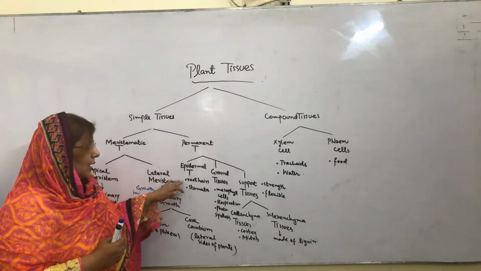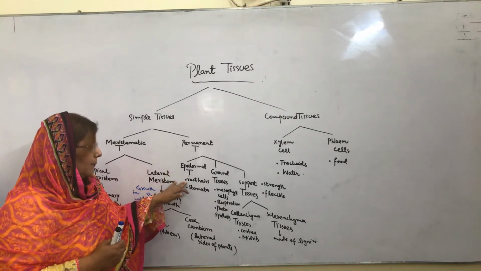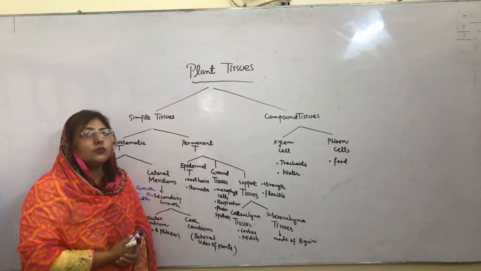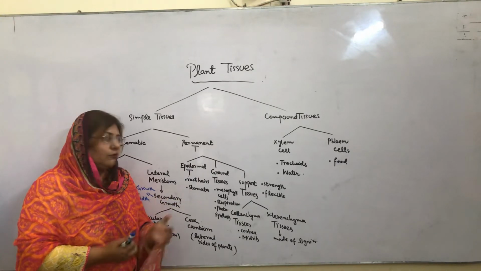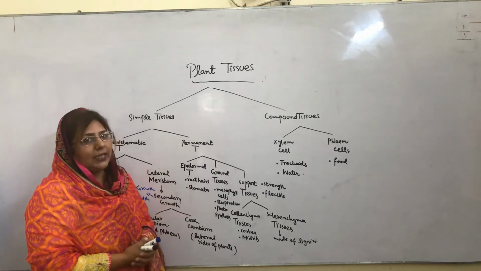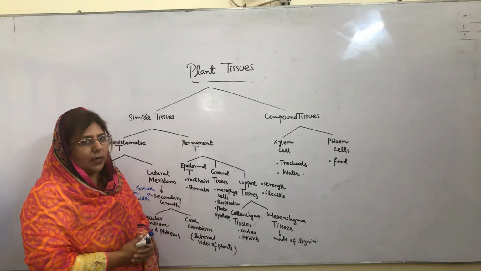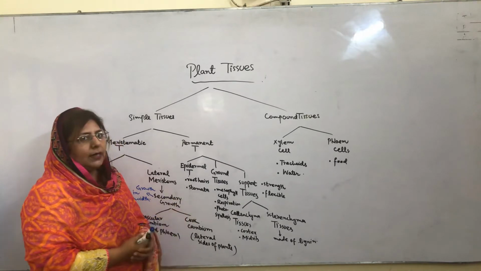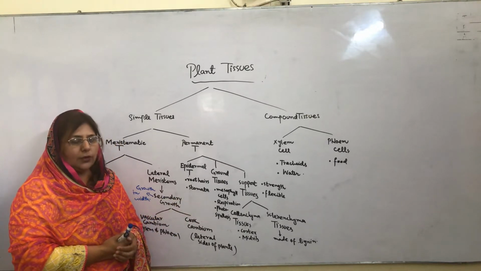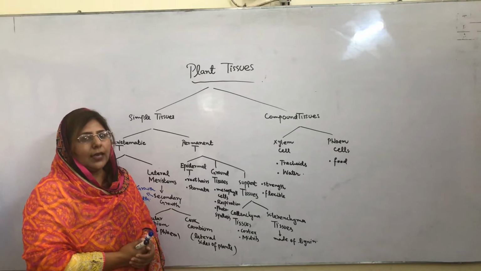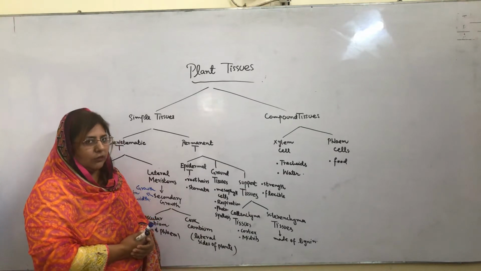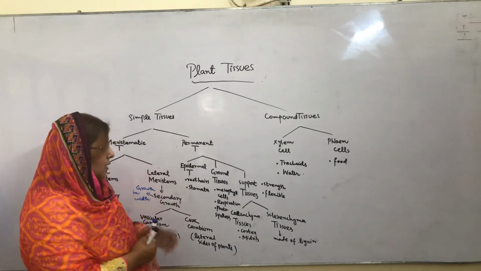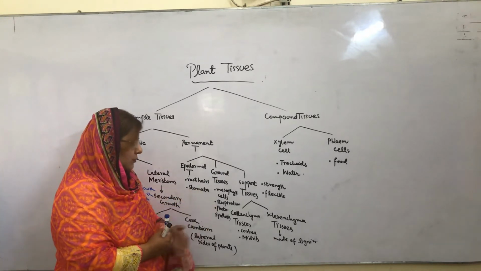Epidermal tissues are produced at the top of the roots, and they also produce stomata. We all know root hairs increase the surface area of the plant to get more and more water for the body of the plant, and stomata also play a very important role. They help in gas exchange in the body of the plant. Second is ground tissues. Ground tissues are produced in mesophyll cells.